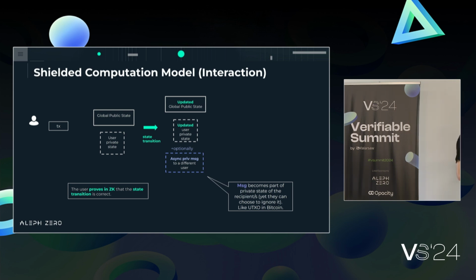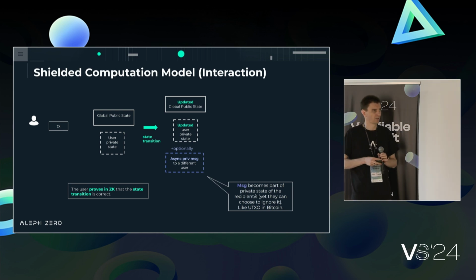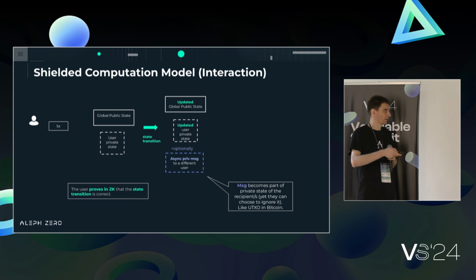Why do we need a SNARK? Well, the chain doesn't know the private state, nor any of this. So you need to put this state in your witness and then make the proof. Okay? So this is a proof which keeps your state, the private state, private, as we want. Great.